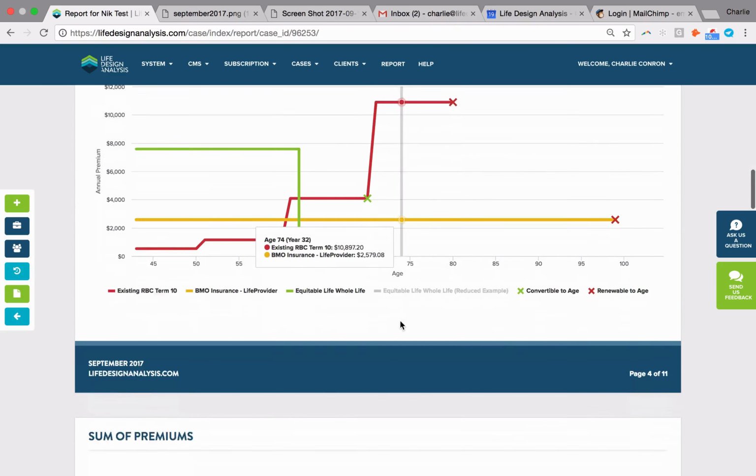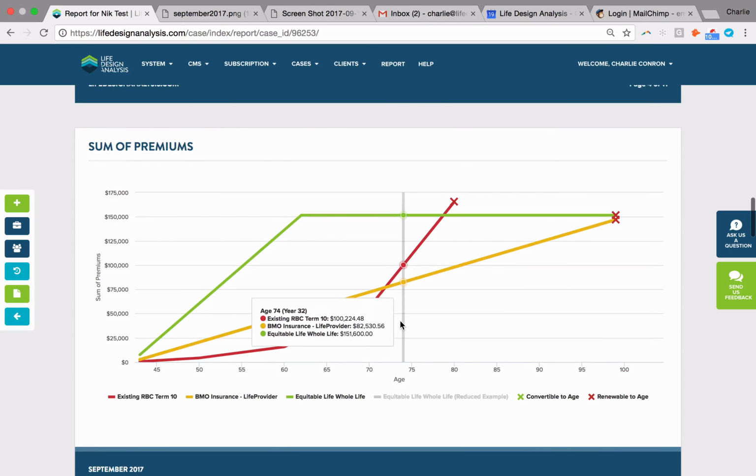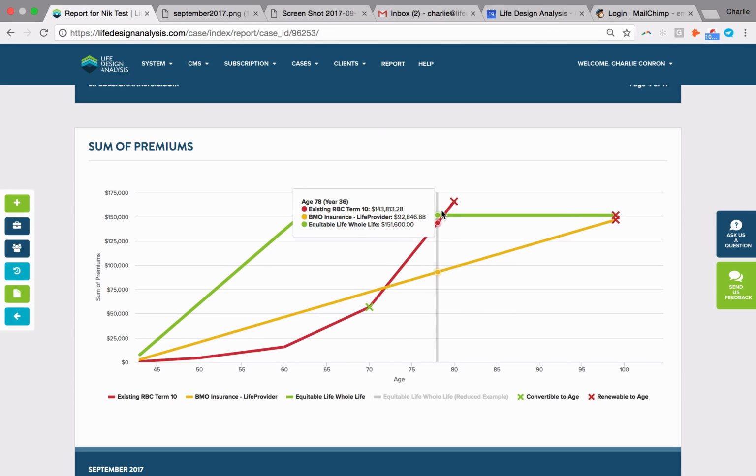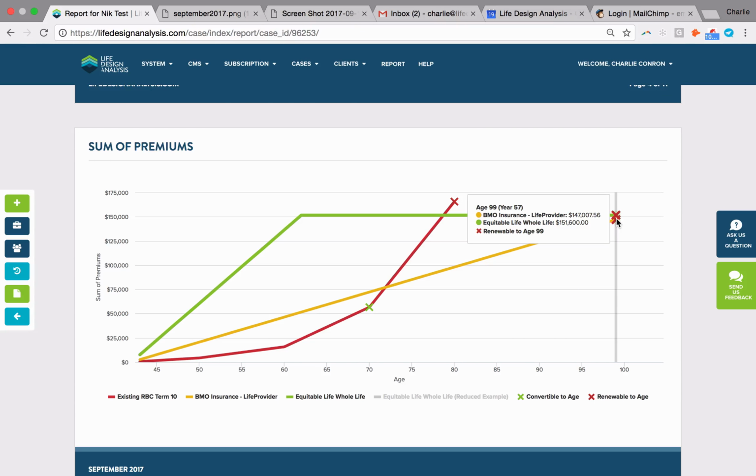And when we look at the sum of premiums or our cost, again, it's reflected. The break-even point on a UL is only in 30 years, so at age 72, well before life expectancy. Even this expensive whole life, well before life expectancy, here's age 79, becomes more affordable. This one expires, we have no more insurance. This one keeps going all the way until age 99 when we stop paying premiums for the permanent plans.